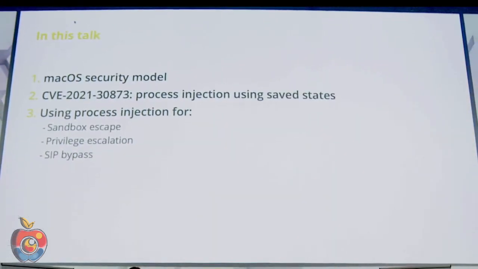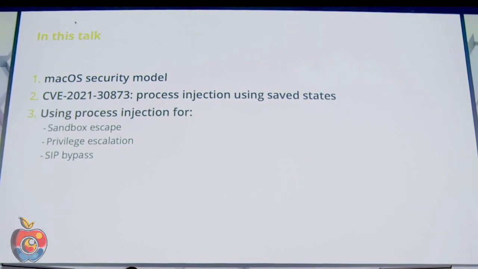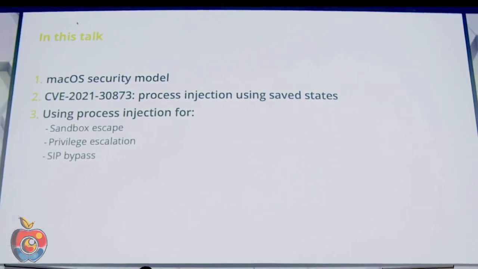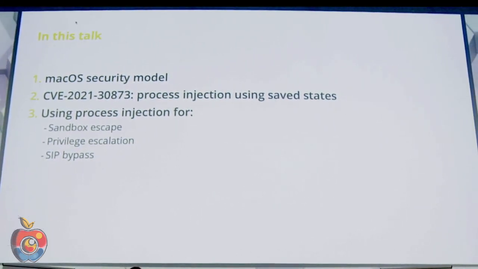But macOS has always been a bit of a background research project for me. If I'm stuck with the main focus of my research and I want to do something else for a change, then what I end up doing is looking at what's running on my system. So looking at some processes, looking at some files. And most of the time that doesn't turn out to be anything there. But sometimes I do find stuff. So over the years I've found a couple of things and reported those to Apple. And today I'm going to talk about one of the most interesting vulnerabilities I